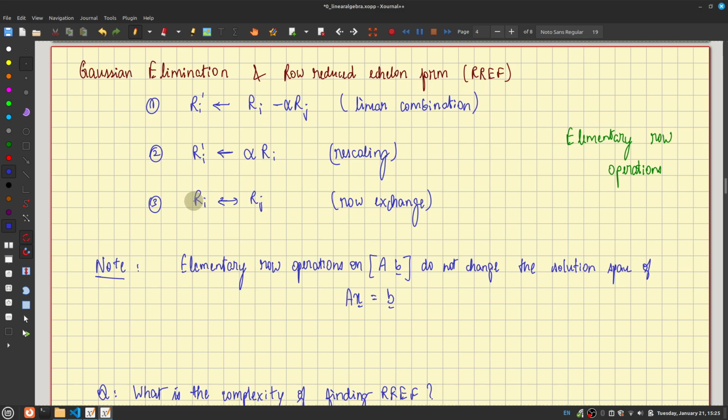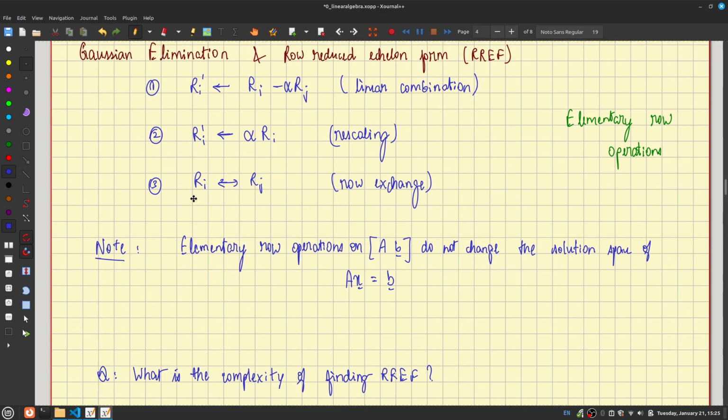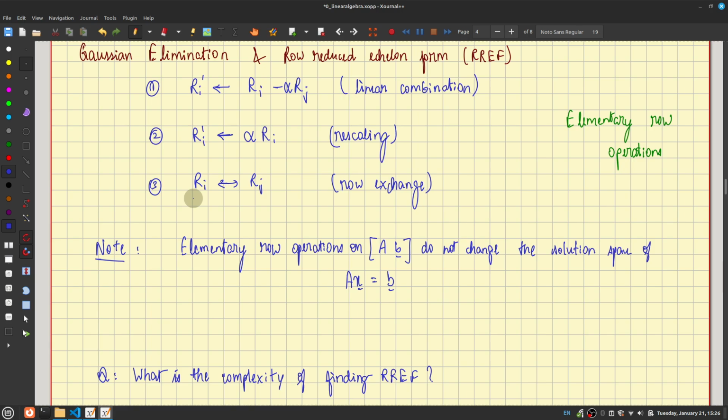And the third kind of operation is you just exchange two rows. So those are the fundamental row operations, three types of row operations, right? And the main property is that any sort of elementary row operations on the augmented matrix, so if you have